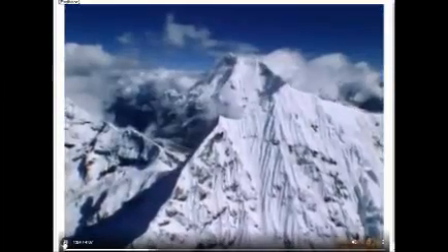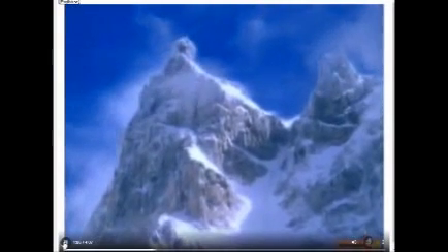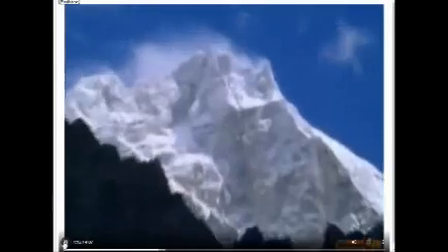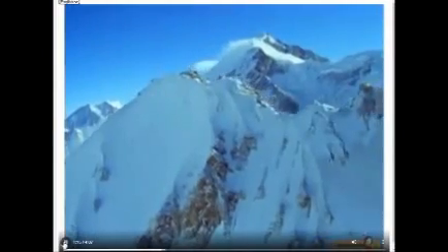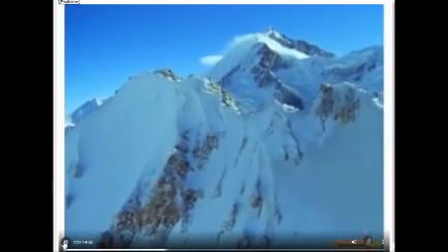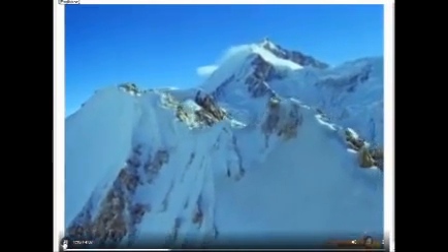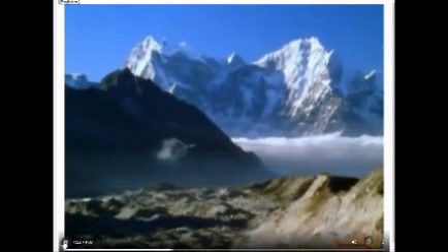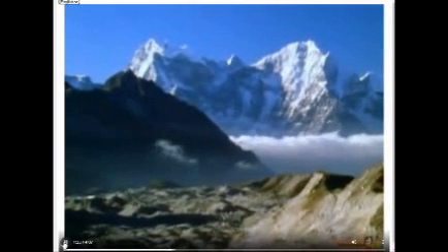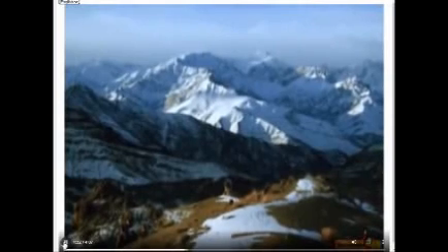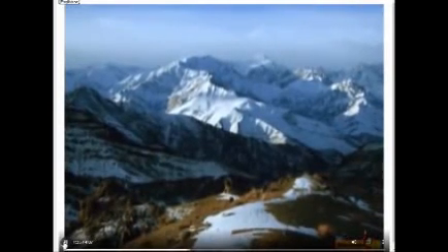The second highest peak is K2 or Mount Godwin Austen, which is 28,251 feet high. The other high mountain ranges include Kanchenjunga, Makalu, Dhaulagiri, Annapurna 1, Nanga Parbat, and Nanda Devi. The Himalayas is also one of the youngest mountain ranges in the world, a mere 5 million years old.